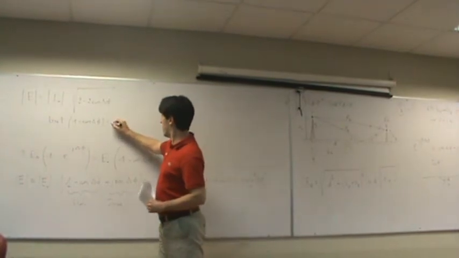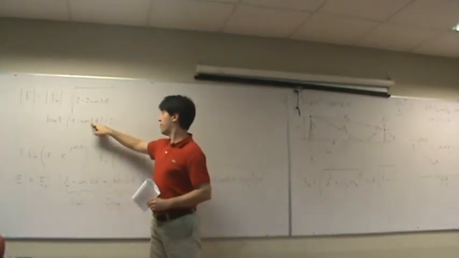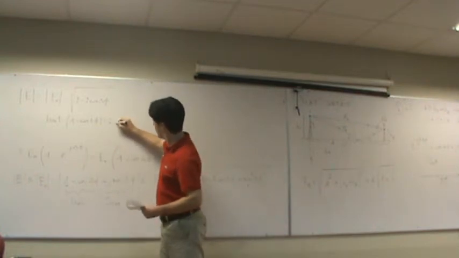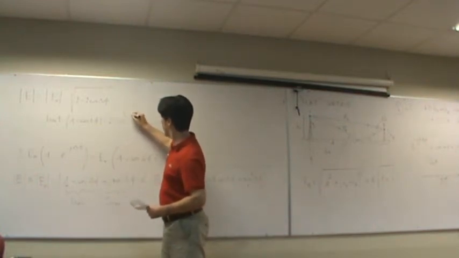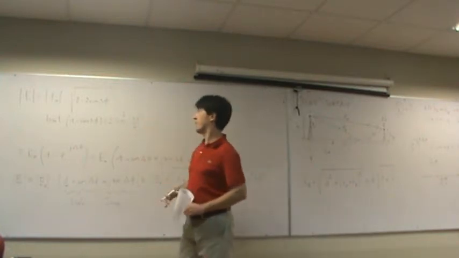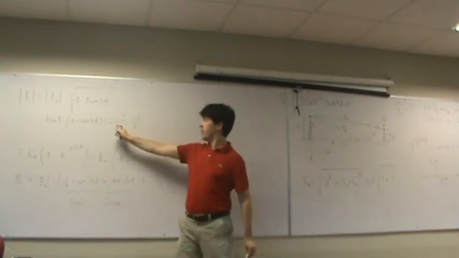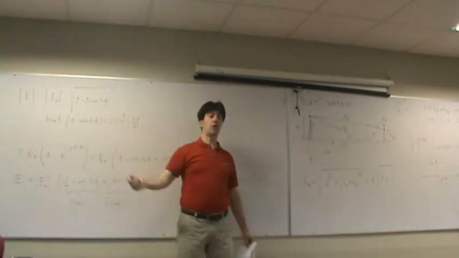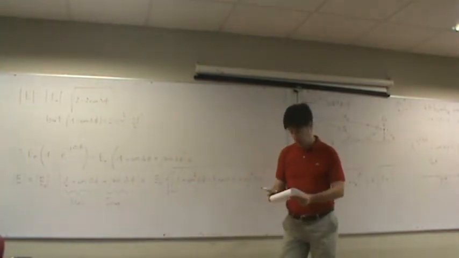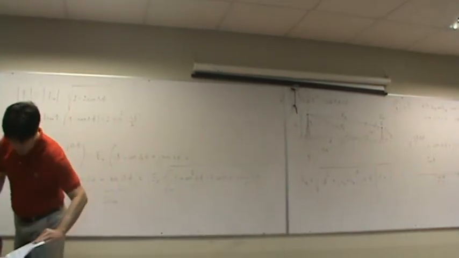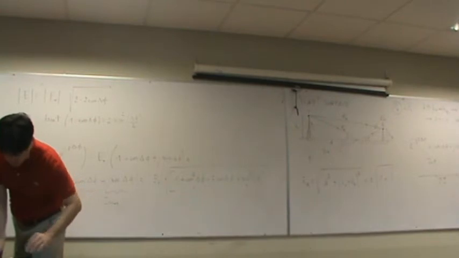This thing is equal to 1 minus cosine of delta t, which is equal to 2 sin squared of delta t divided by 2. So if we put this in here, the factor 2 can be collected, there is no big deal. We end up with a more useful relation that is